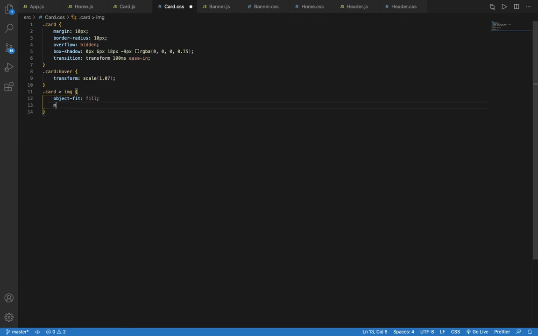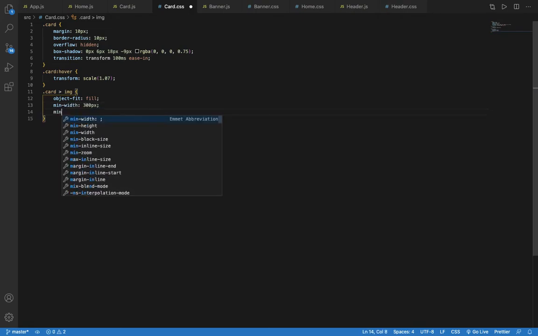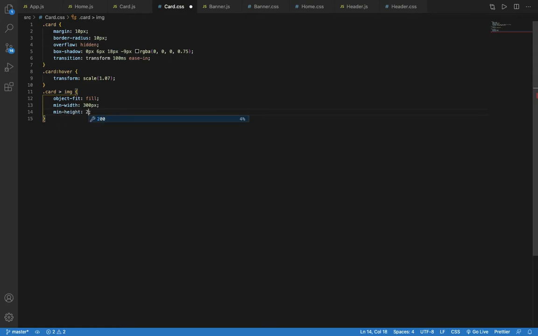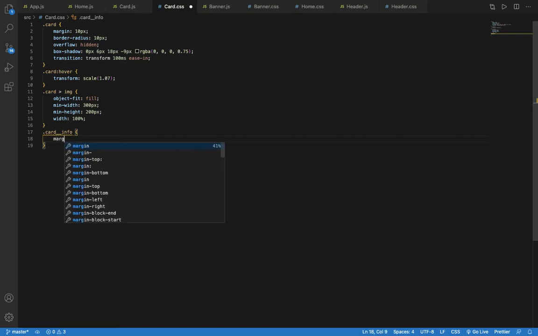Then min width of 300 pixels, and then I'm going to add min height of 200 pixels, and I'm going to give them width of 100%. Then I'm going to target the card info, and I'm going to give them some margin from the top